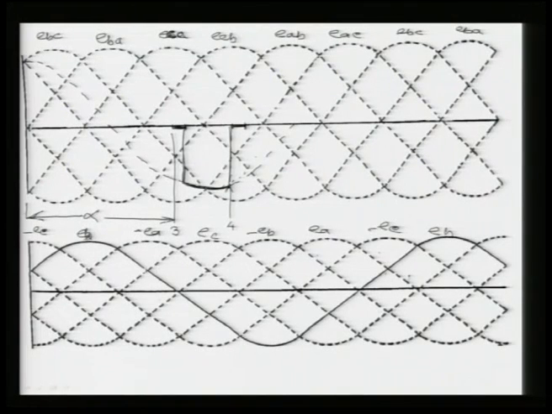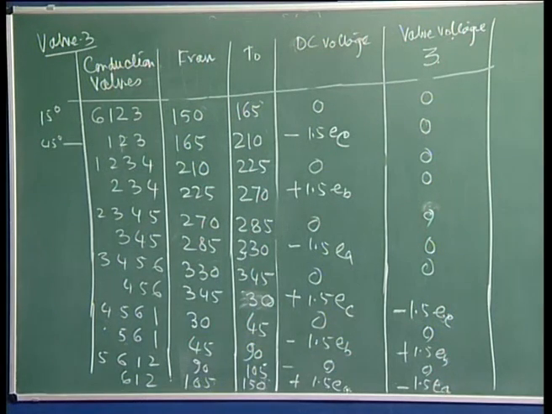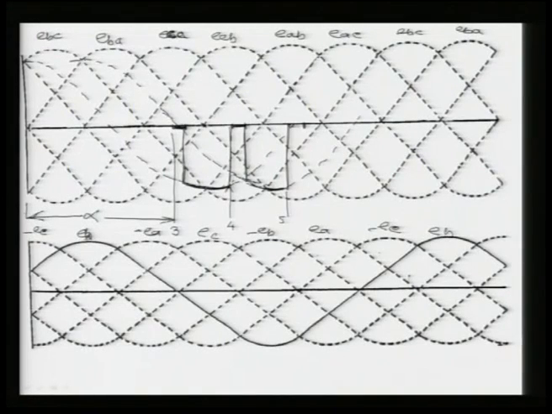The positive one is going all the way here. So it will be coming suddenly here, and then it will follow this, and again it will be up to 45 degree, when gate valve 5 will be given the gate pulse. So once 5 is there, then the 4 valves will be conducting, and that is your 2, 3, 4, 5, and the output voltage will be 0 for 15 degree again here, because the 4 valves